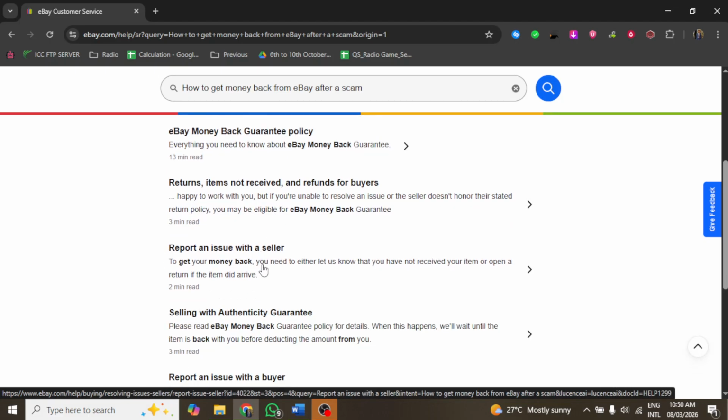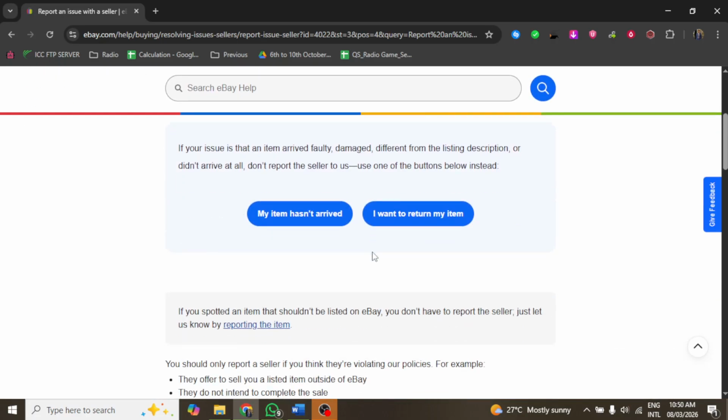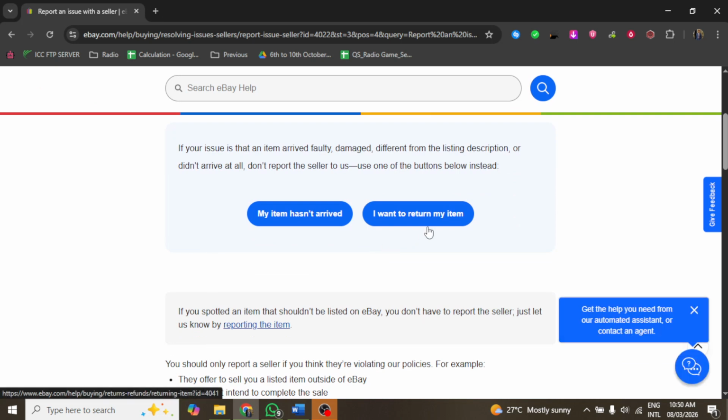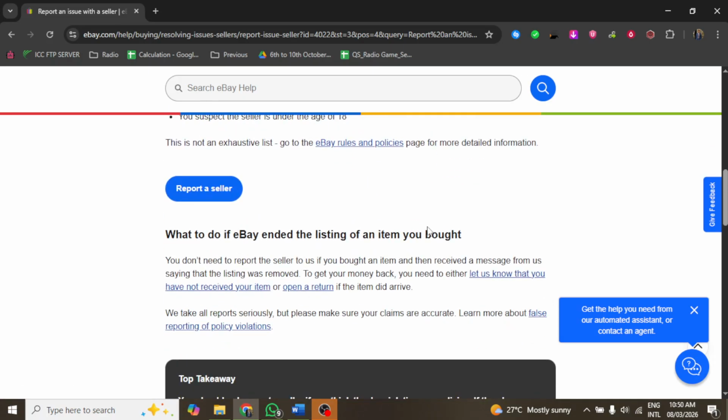After submitting this request, eBay will notify the seller and allow them some time to respond. This communication between you and the seller could potentially resolve the problem quickly without further escalation. If you find that the seller does not respond or refuses to address the issue, you have the option to request eBay to step in. To do this,